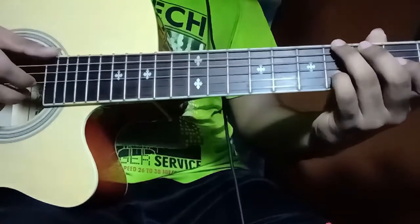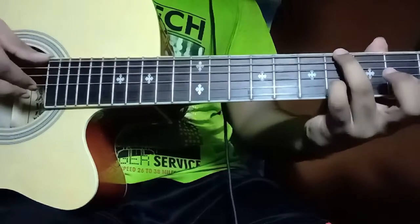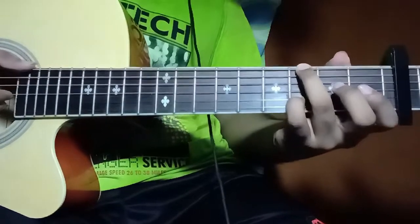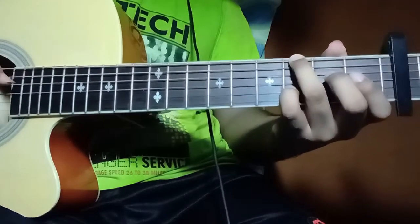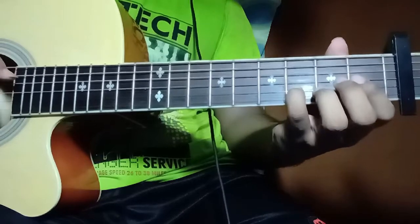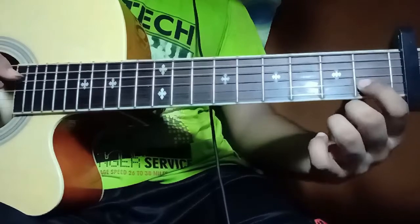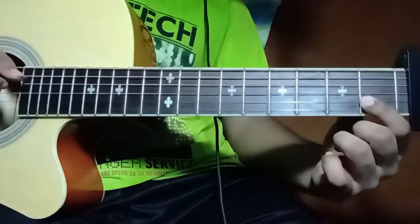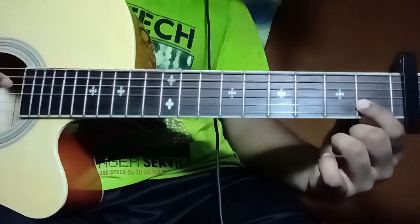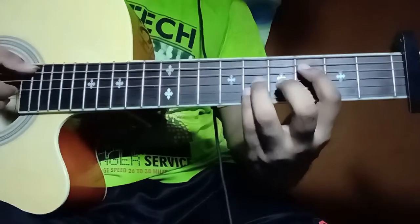So third fret of the second string, open of the third string, and third fret of the top string. Pick the 3 strings one at a time. Then third fret of the second string. Now 1 of the second string, and along with that you are going to slap and strum. So slap on the upper strings and strum should be on the second string. So what you get,